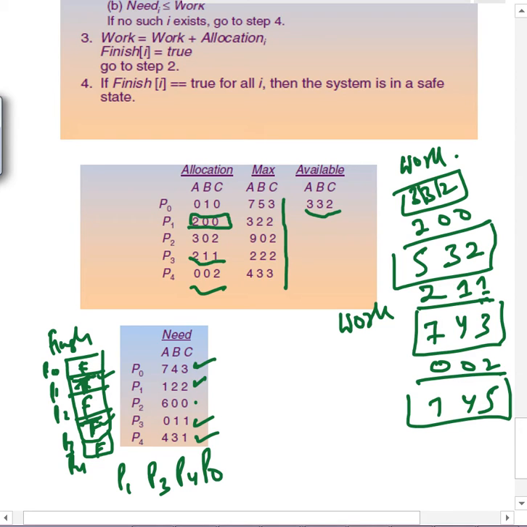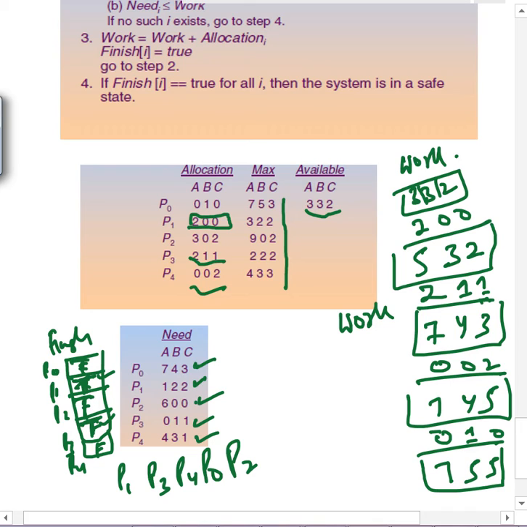Okay, and I can make it true, and whatever it was holding, it was holding 1 b, so that it can release. So 1 b it can release. So total I have now 7 5 and 5. Is it? Now I got a 7 5 5. Good. Now I can go to this, it needs 6, so I can simply allocate it. So that means p2 can come in. It will become true. Okay, after running this safety algorithm,